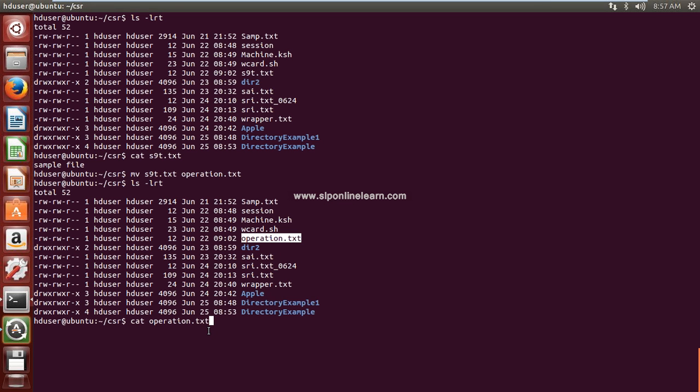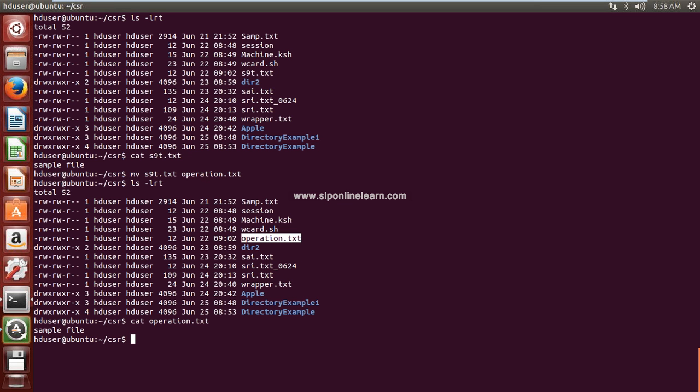The file content should be exactly similar to your old file. Yes, both are the same. It means we are just changing the file name, that's it. We are not changing or adding any file information.